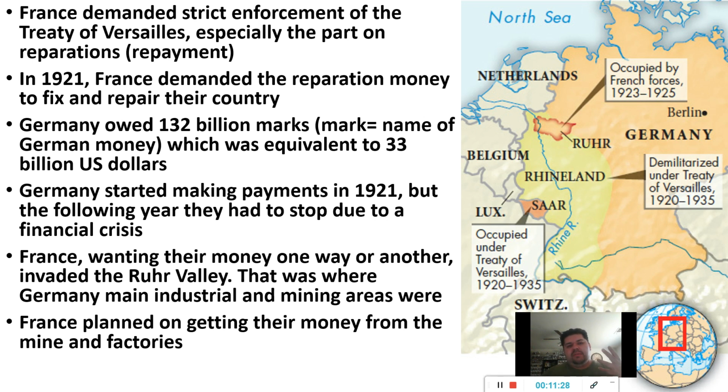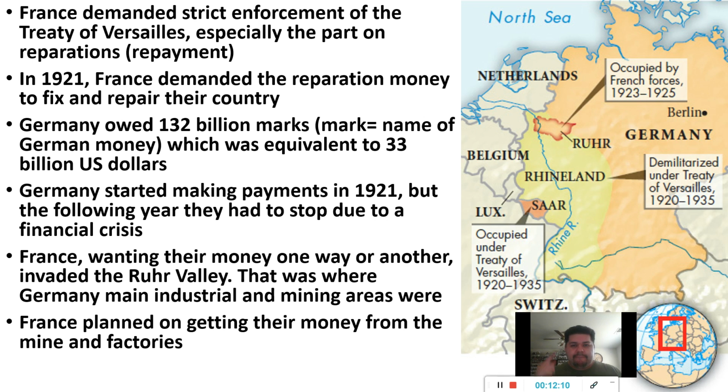So France decided to march into the Ruhr. I have trouble saying that. Now, the Ruhr Valley was known for being Germany's money maker. It was the place where they had industry. It was the place where they had mining. They would dig up coal and copper, silver, whatever it may have been. That's the headquarters of them making money from natural resources.